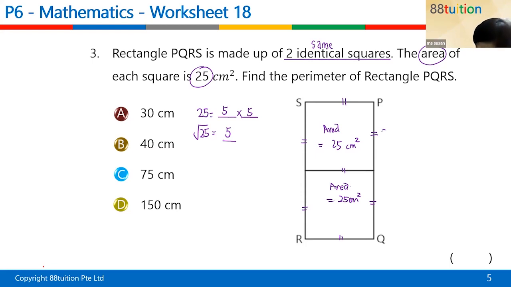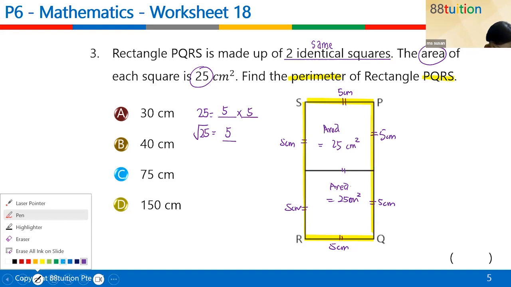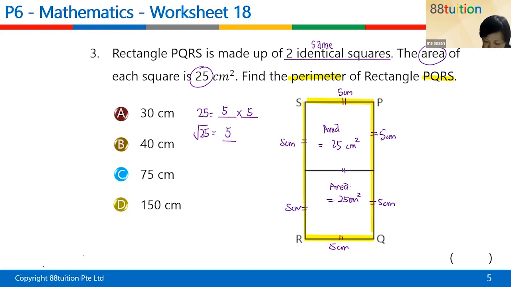Okay, so what we have, we are going to fill this up. 5 cm. For every side here, we'll have all the 5 cm if we fill them. So what is the question now? He wanted the perimeter of PQRS. Where is PQRS? So this is the one that they are asking for. That means you must find the total perimeter. So meaning to say, now you can add up the sides. So perimeter